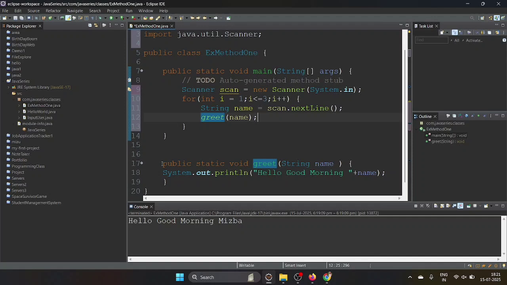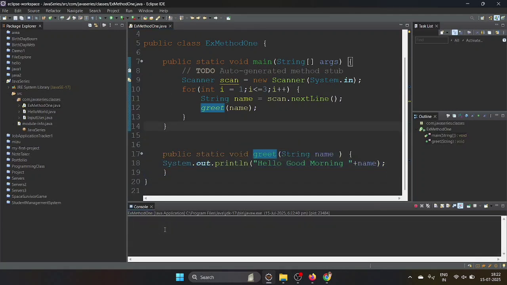See here, this is the method. We are putting some related things, meaning we want to greet the students. What we want to greet is like hello, good morning, and the student name, right? So here we have put that sentence in a different method, and we have given a method name with a parameter. Here we have taken a parameter like name.